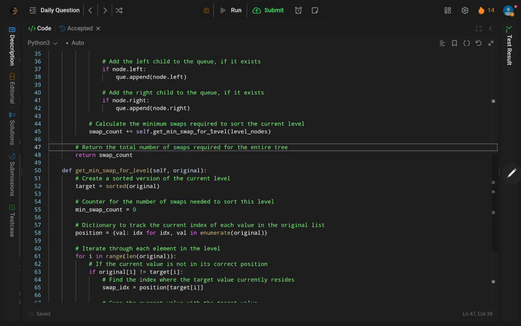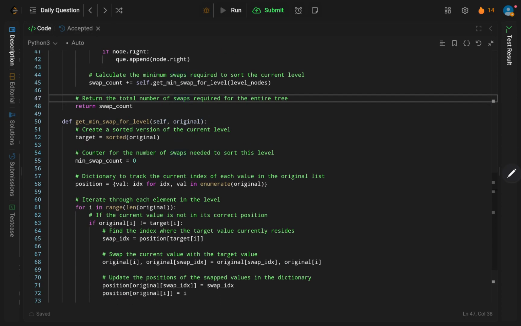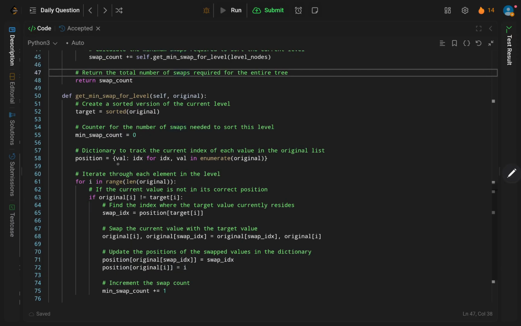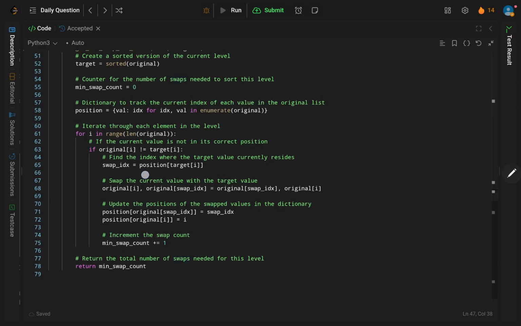And let's go through this method, get minimum swap for level. The original, which is the level nodes, is given. So we sort this in increasing order. Then we say the minimum swap count is 0. Then we get the position of each value, which index that value is in,